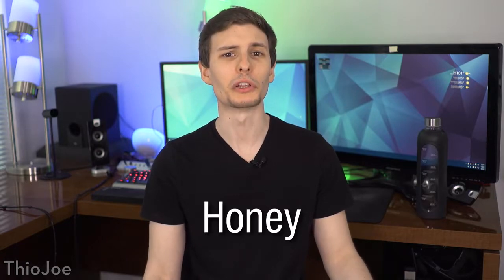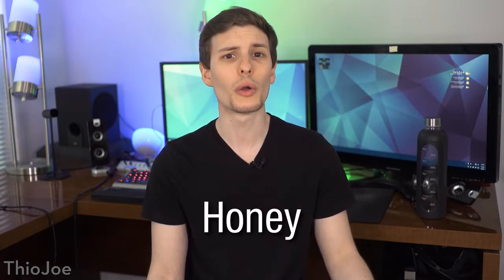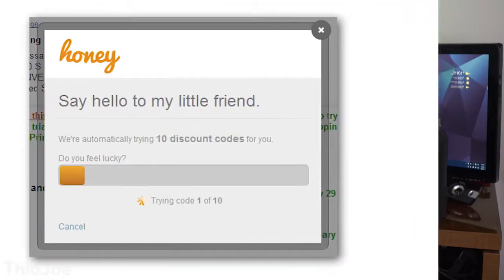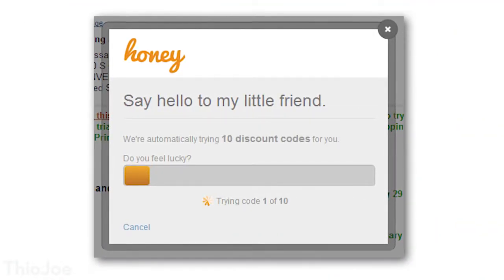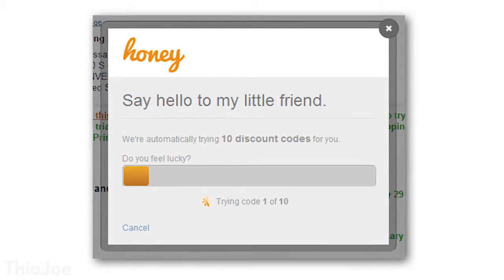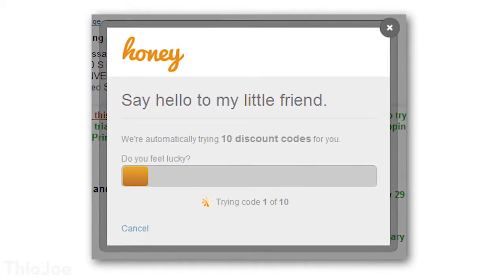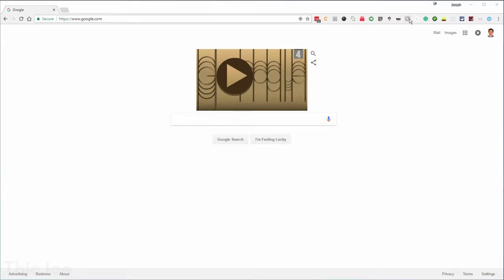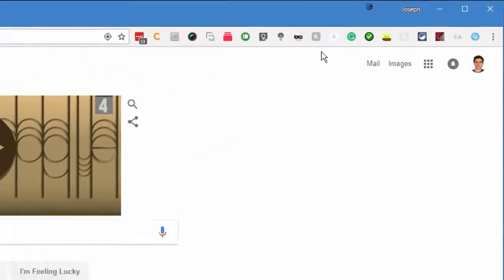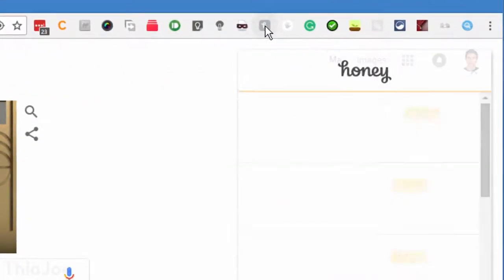Moving on, we have Honey. This one is a really cool idea where whenever you go and buy something online, once you get to the checkout page, this extension will automatically try several coupon codes to see if there are any discounts that you didn't know about. It apparently supports hundreds of online stores, and while it obviously isn't going to find a working coupon